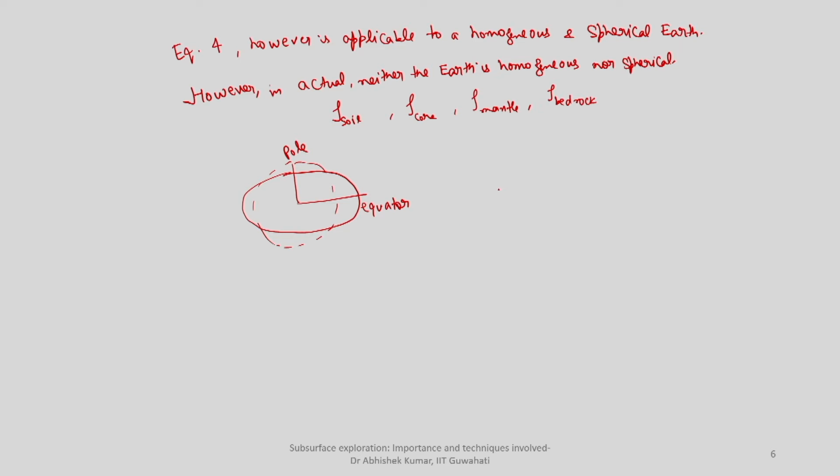So, the radius of the earth at the equator is equal to the radius of the earth at the pole plus 21 kilometer, and this is given as 6378 kilometer. So, when the radius itself is not constant, the earth is not spherical, as a result of which, if you consider here,